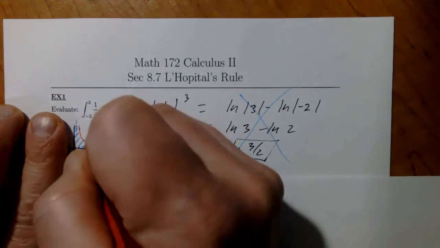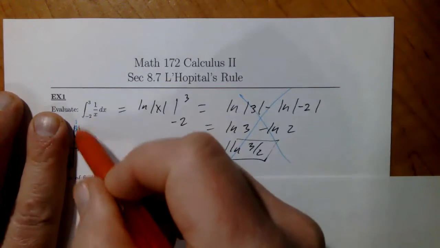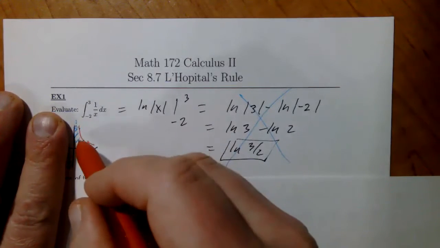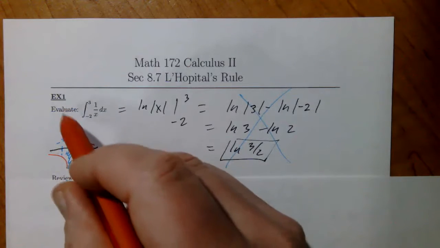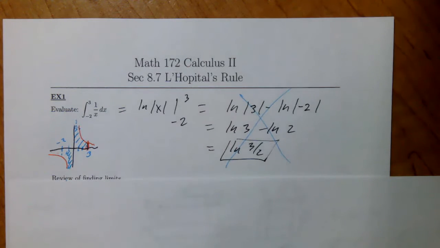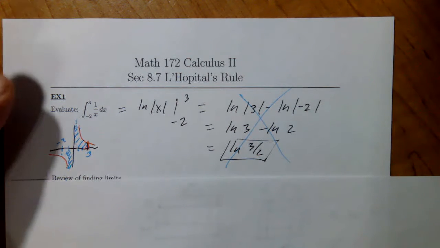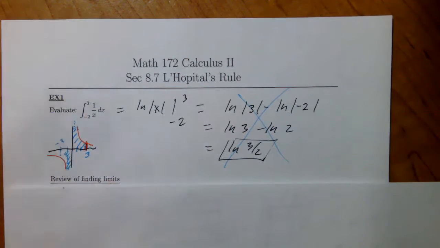Now 3 is not an issue. You could definitely do that, but I can't plug in 0, right? That's the issue. But it's kind of what I was talking about a minute ago. You want to talk about it getting closer to, right? So it's all about the rate at which it's getting closer there, or approaching, or hopefully that's talking about limits, right? Which is basically, we've got to go back and do some stuff with limits now, in order to,